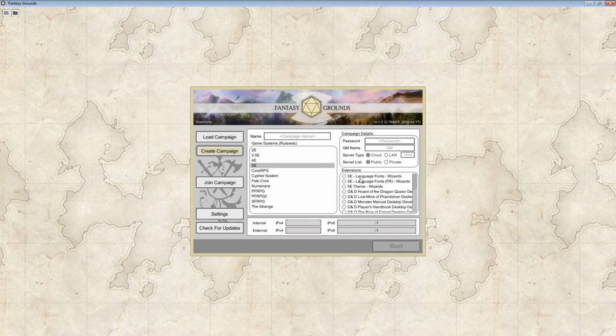Additionally, the FR language font package that is here is specific to Forgotten Realms. Toril, Faerun, Forgotten Realms, whatever you want to call it. That adds languages for the races that are added and specific to the Forgotten Realms world. So if that's where you tend to run your campaigns, then you'll probably want to have both of these particular language font extensions enabled. Now, this next one isn't necessarily going to be readily available unless you yourself have purchased